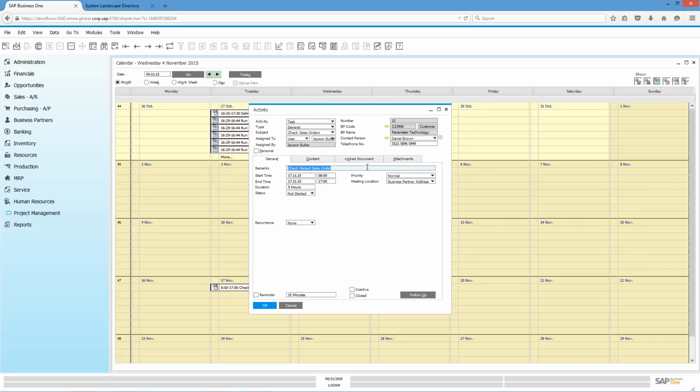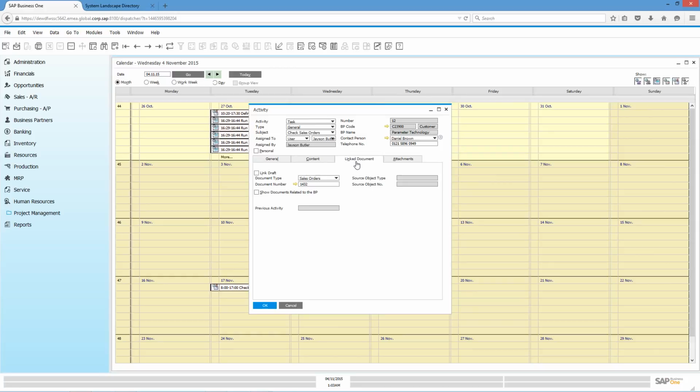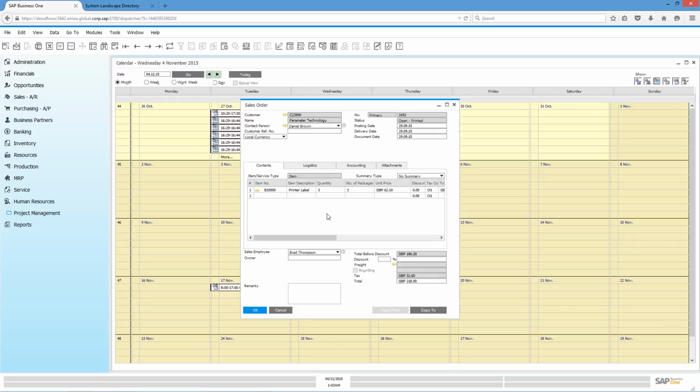In this instance, I'd like to actually have a look at the recent sales order that was created. I can click on Link Document and then I can drill down to the actual recent sales order. From the recent sales order, I would like to save this sales order as a PDF and print it out. We simply select Preview and Print,